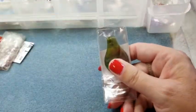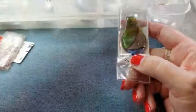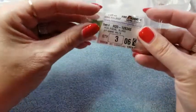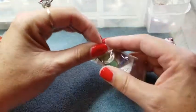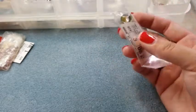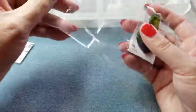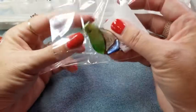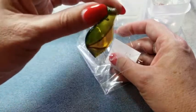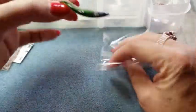Okay, this is another spoon. Didn't I just have the same one? No, it's different. They're close though. This is also a 3-pack. Wonder what happened to the... She must have used the hearts. Let's see. Ooh. See how pretty the lights just hang to that? Can you imagine making a lamp, like an Art Deco lamp? Just really pretty. I keep saying that, but...